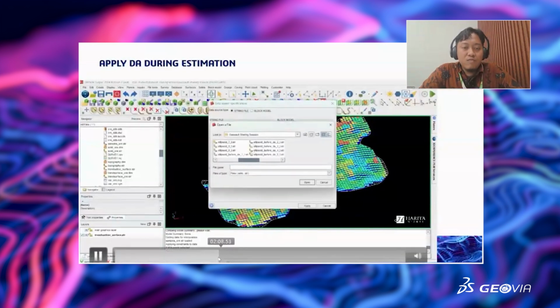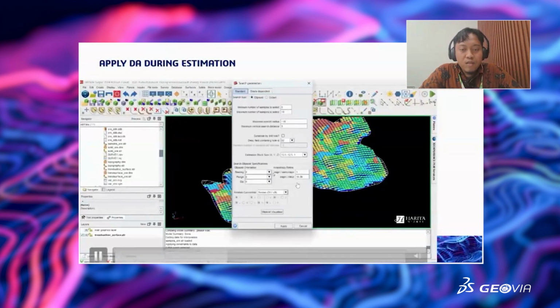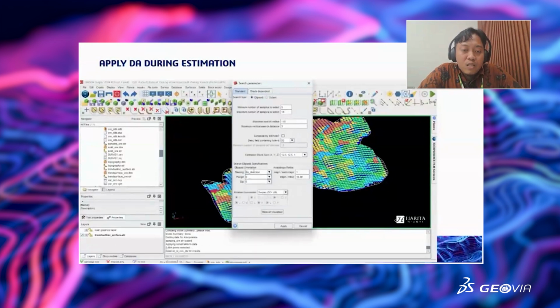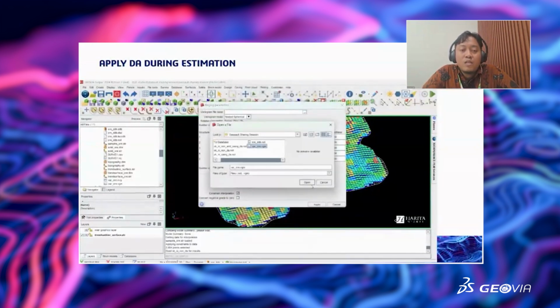After that, the string file of my sample here, and the difference is this one, the ellipsoid orientation: the bearing is using the dip direction, and the plunge is using the dip, because in Surpac the bearing is the trend or the dip direction.